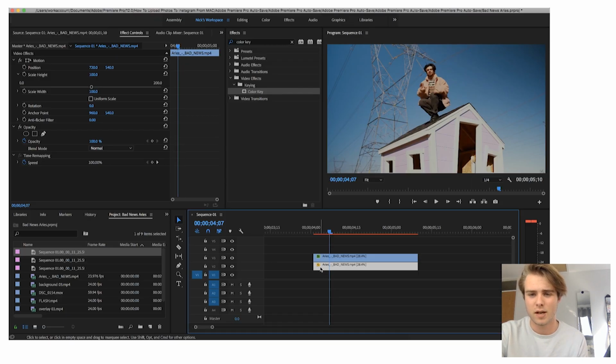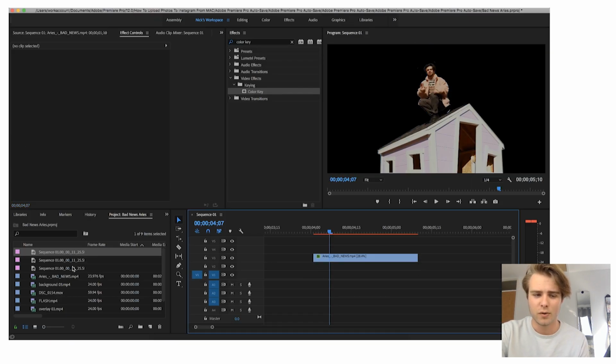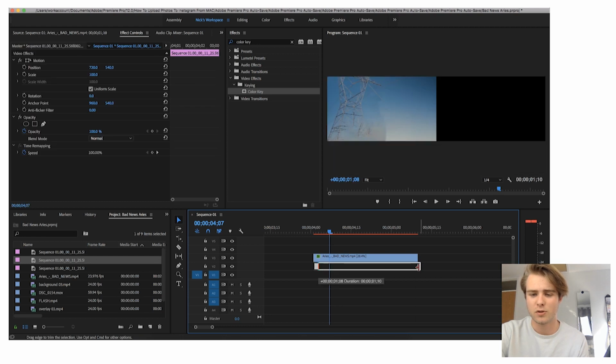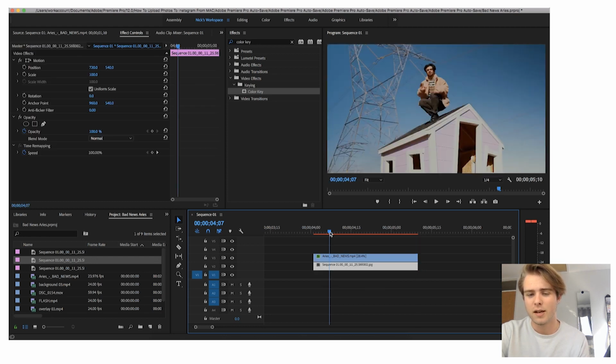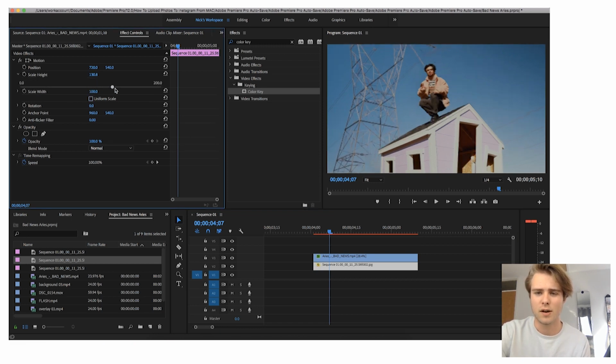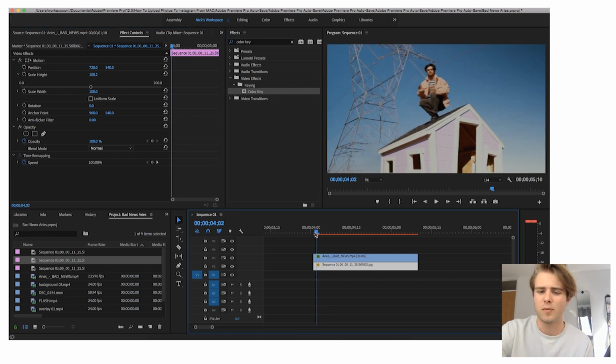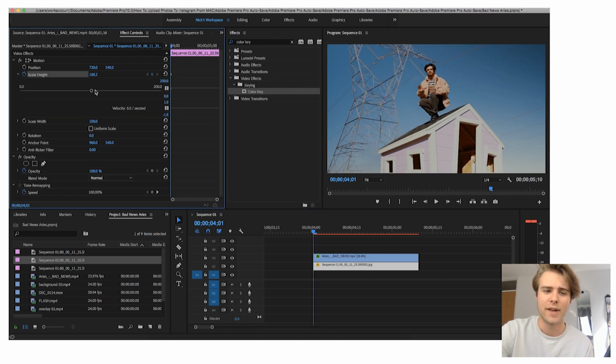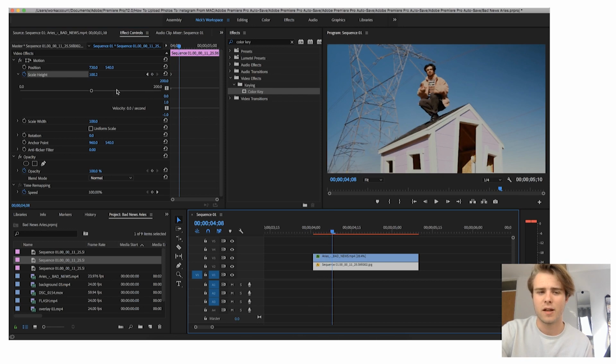So delete this as the bottom layer, and then go and bring the new background in and stretch it to fill the frame. And now, as you can see, if you go to scale and then uncheck uniform scale, then you can scale the height and make it bounce around. To animate this, just begin at the beginning. Click on this little watch icon next to scale height, and then move your playhead along a bit, and then